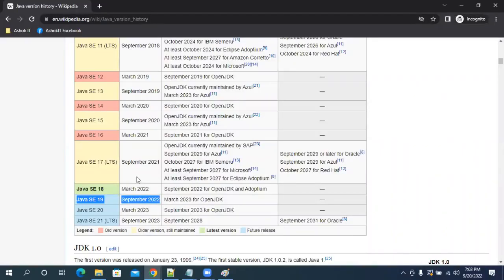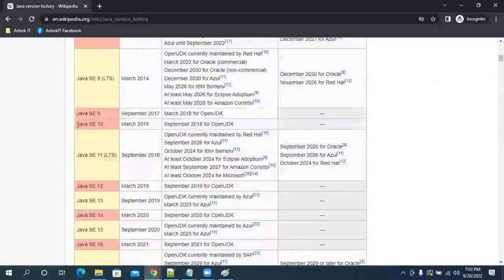According to my knowledge, as of now, I have seen Java 8 and Java 11. But about later versions of Java features, currently I am also not aware. Are you guys clear with my point? As part of this course, we are going to work with Java 8 and Java 11. Initially we will start with Java 8 because that is the biggest release. Till today in the market, 95% of projects are running with Java 8, and 2 to 3% of projects are running with Java 11. So I'm going to cover both versions of Java. Are you guys clear with this?